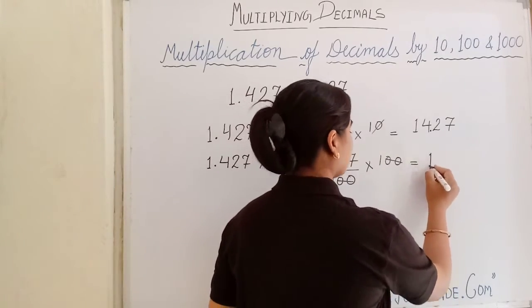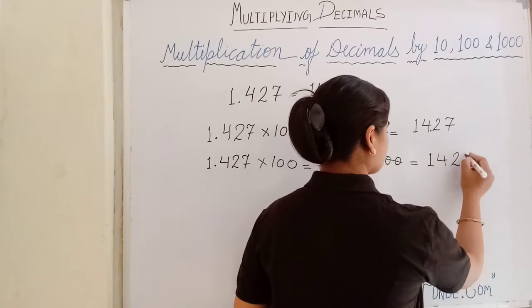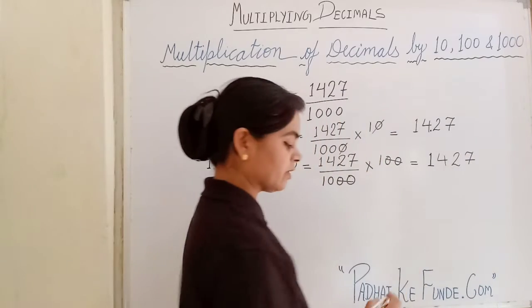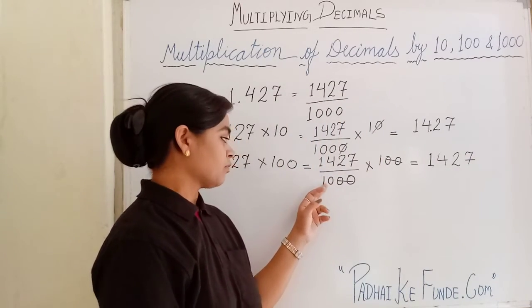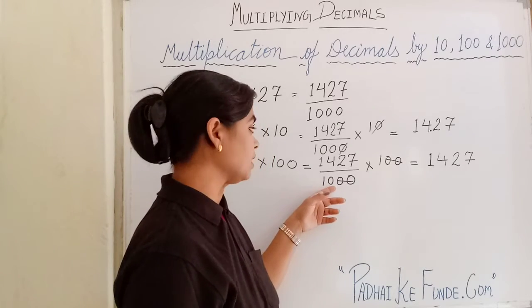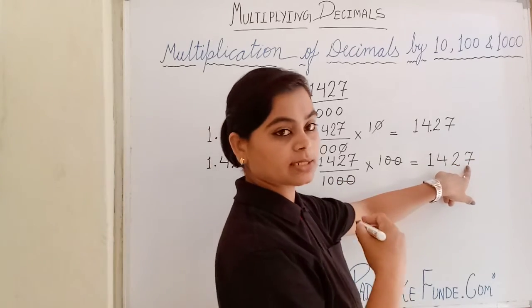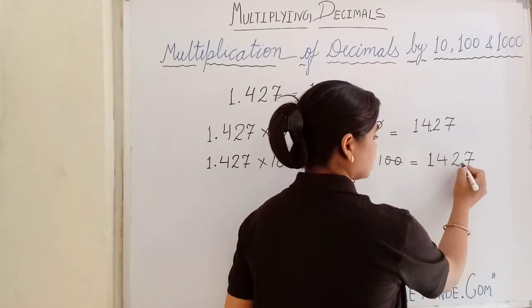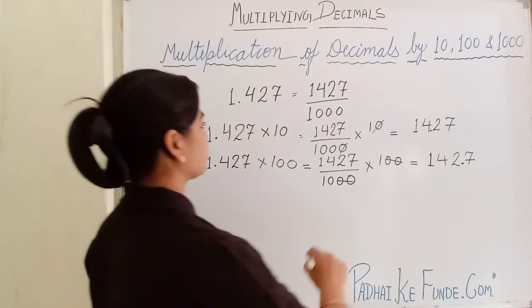So again I will write the numerator as it is without any decimal. And now I will see how many zeros I have in the denominator. With 1 I have only 1 zero, that is 10. So 10 in the denominator means I have to see only one digit at last, and before this I need to place the decimal, that is 0. So you observe the pattern carefully.